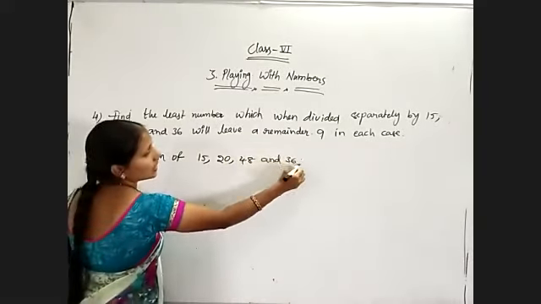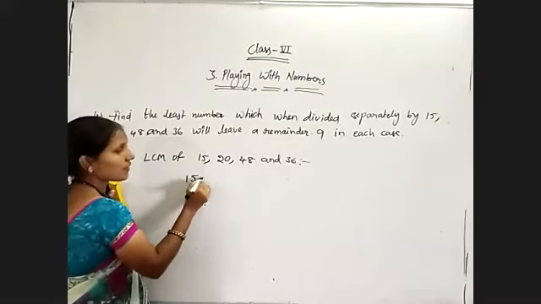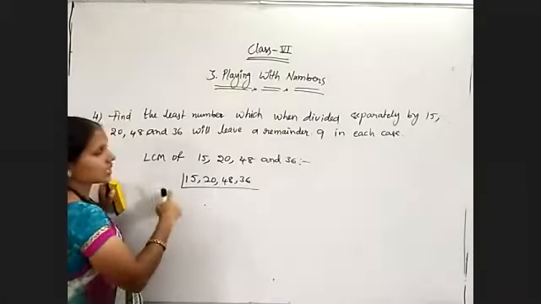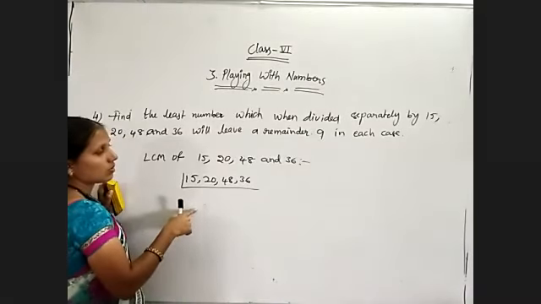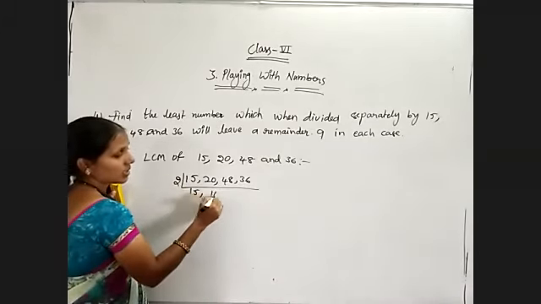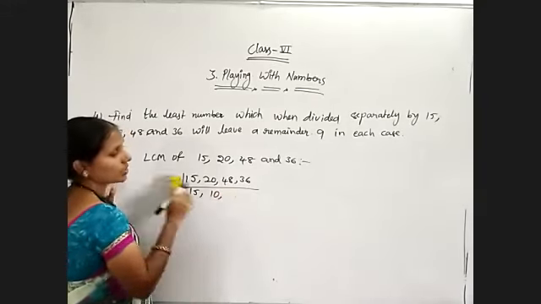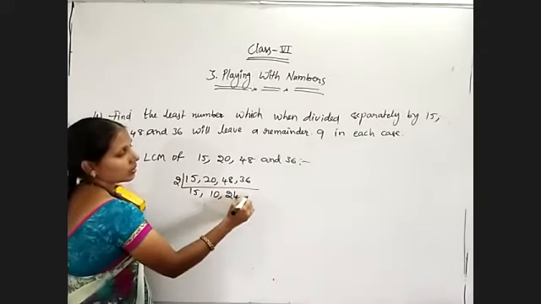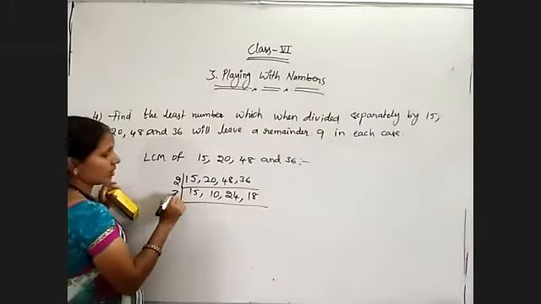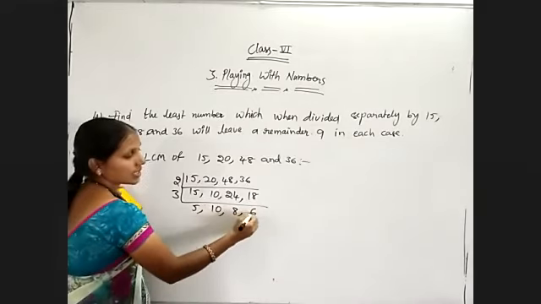As you wish, you can do either the prime factorization method or the division method. I'm using the division method because I'm taking all the numbers at a time. So all these numbers cancel in which table? Just observe. Go with the 2 table. These three will get cancelled. 2 tens are 20, 2 24s are 48, 2 18s are 36. Now the 3 table I am taking. 3 5s are 15, 10 as it is, 3 8s are 24, 3 6s are 18.